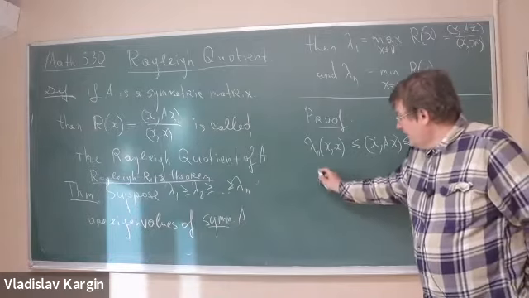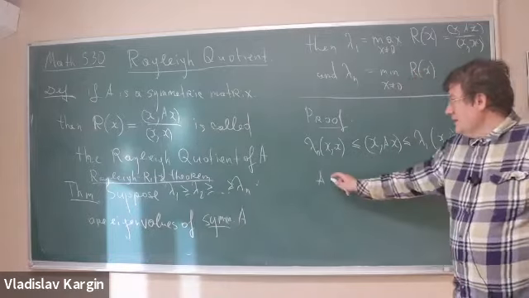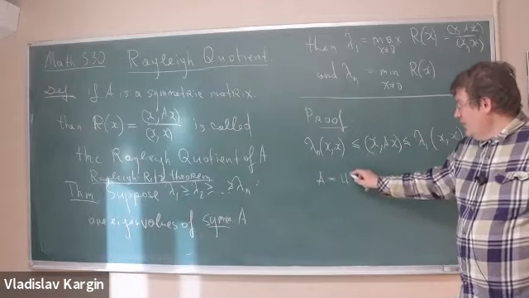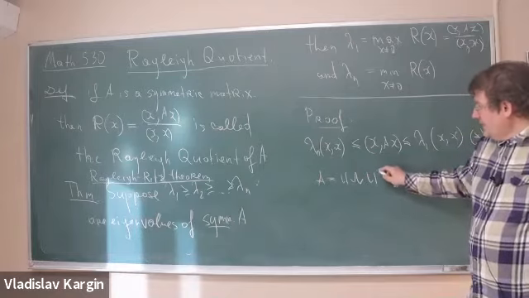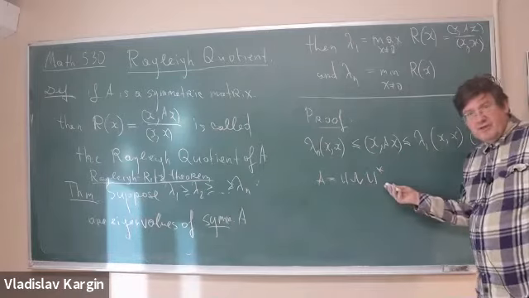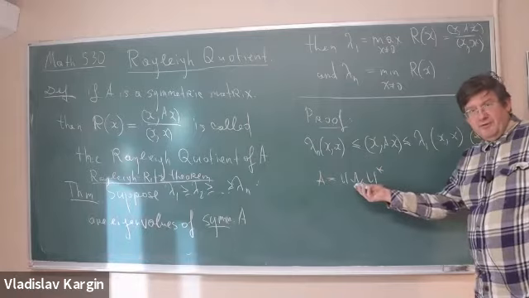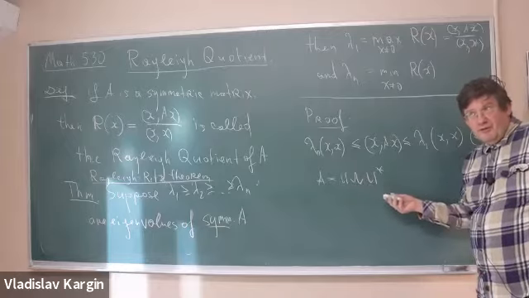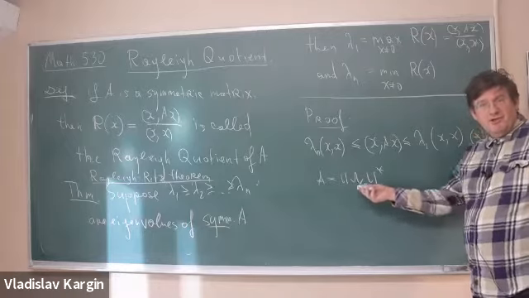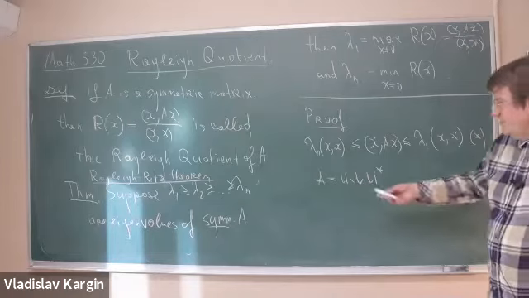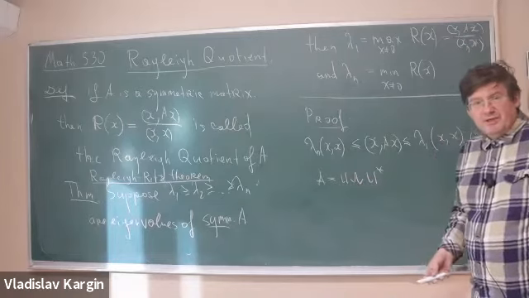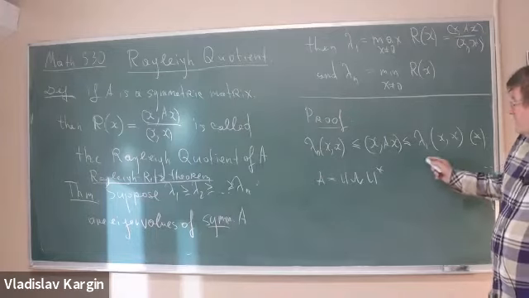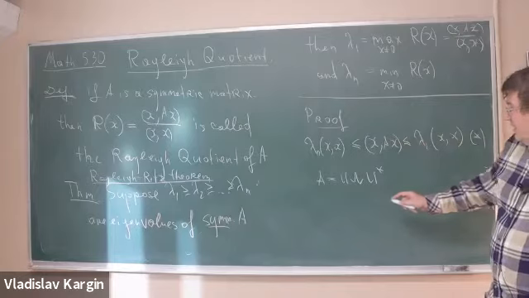So again, we can write that A is equal to U lambda U star. This is a decomposition, an eigenvalue decomposition. It's also called, I forgot to tell you, spectral decomposition. So it's called the spectral decomposition of the symmetric matrix A. And so we can plug it in here and see that